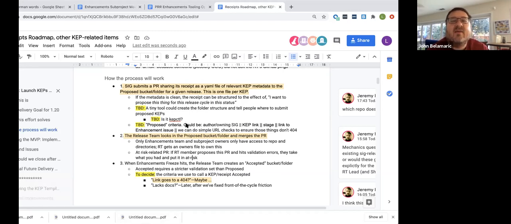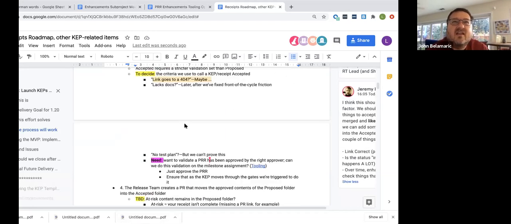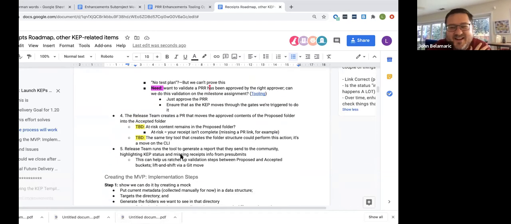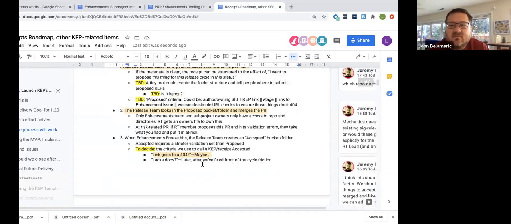And then we send out an email to k-dev and every other mailing list under the sun, saying, hey everybody, if you want to be included in the release, go here and run this command, which will create a proposed entry.